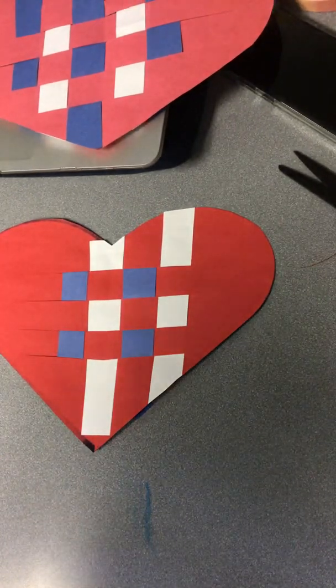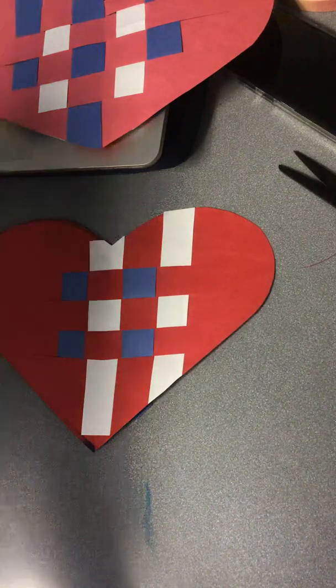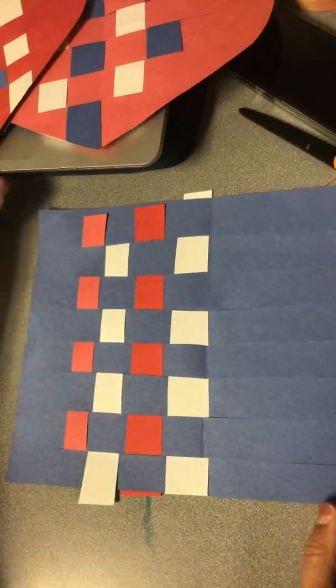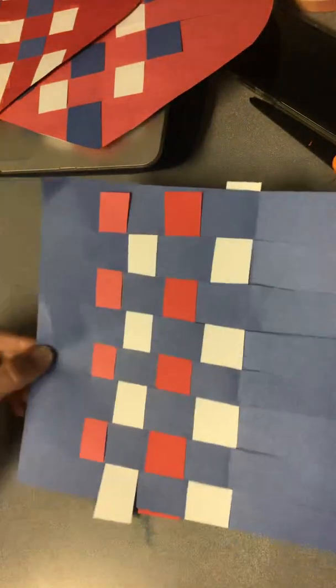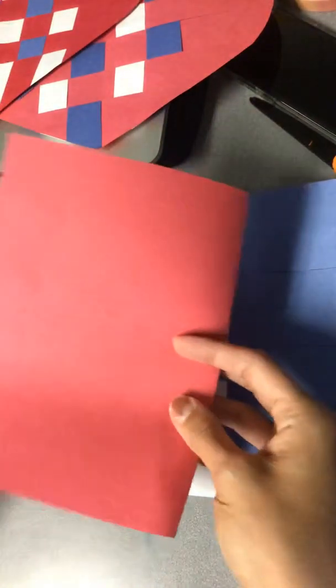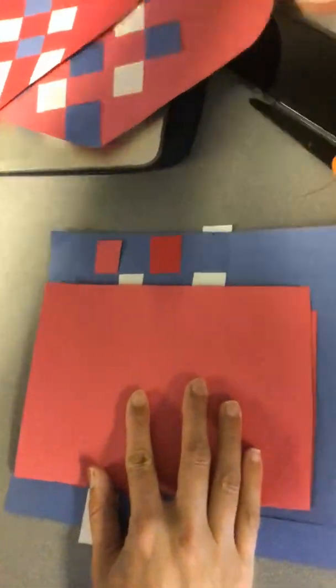In some of the younger grades, like second grade, if you're in second grade and you want to keep it a little bit simpler at home, I did some with just a whole sheet of paper. So instead of trying to do the heart shape, we just did like a mat, like you see here. So it worked the same way as the heart. We just took a whole sheet of paper, folded it in half, and then I had them draw with a ruler